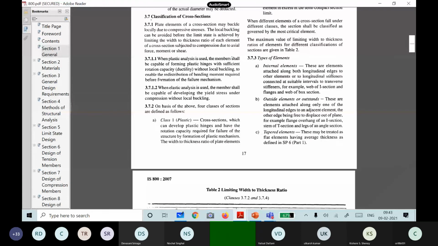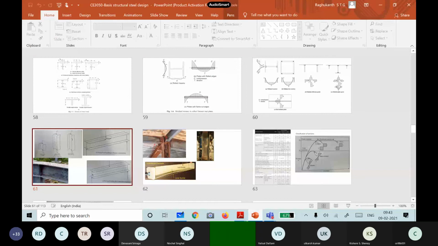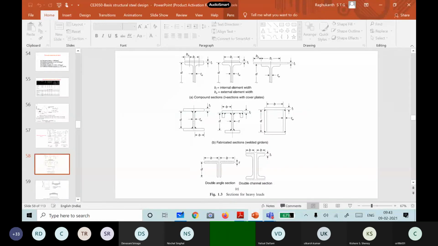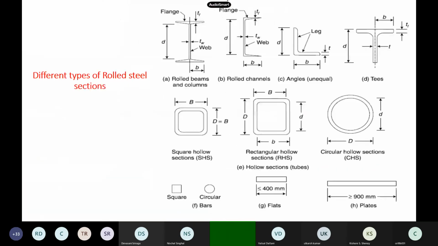So why does this classification come into the picture in our steel? What is the main problem with these sections, the channel section or the flange section? What problem do you see here?